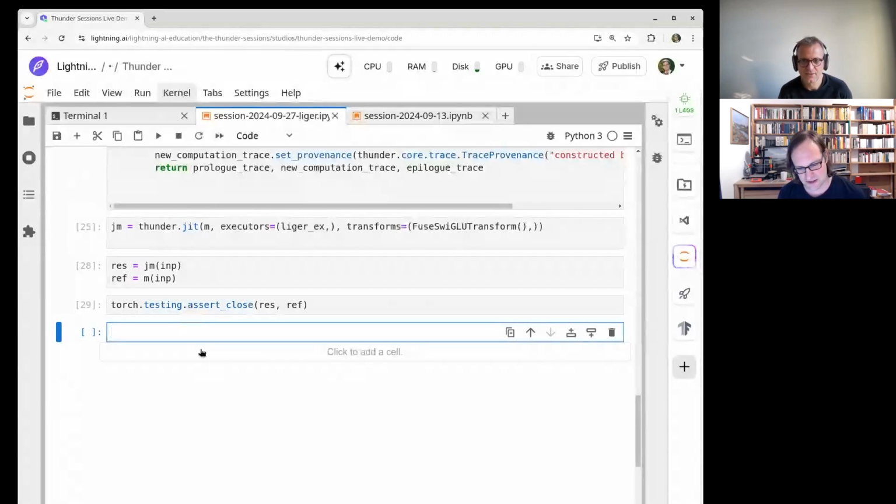But we can also check that we fused. We know that it fused well because we got the error message, but let's take a look.